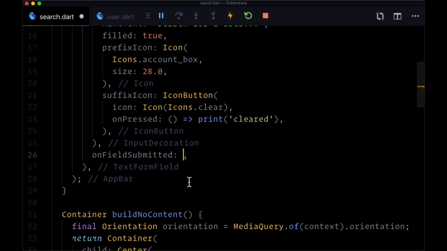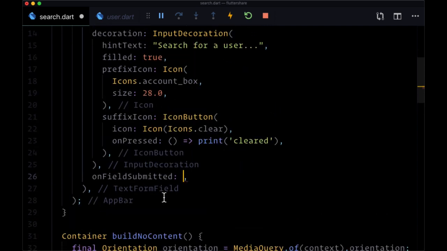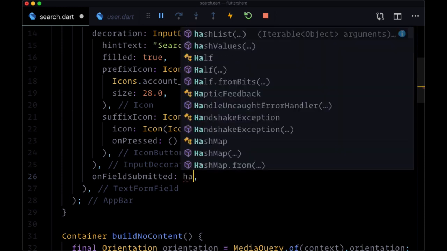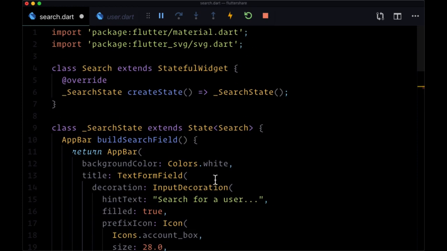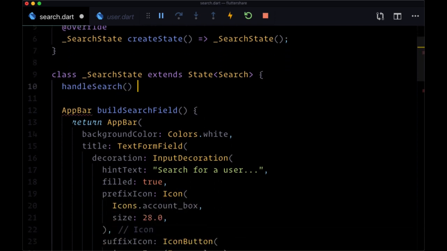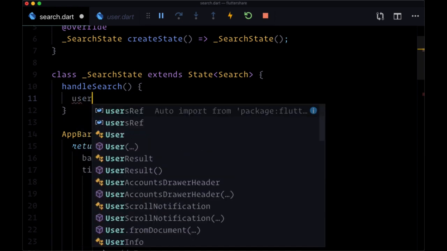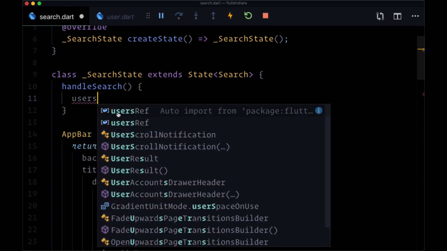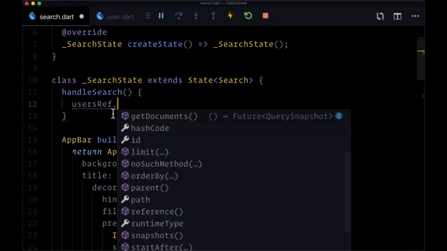This function is going to be called when our form field is submitted with the given text that's typed into it, and we want to associate it with a function which we'll create called handleSearch. So let's create this handleSearch function above our buildSearch field function, and what this will do is take our users ref, which we created in our home page. So we'll need to import our home page, and using it we want to execute a query,